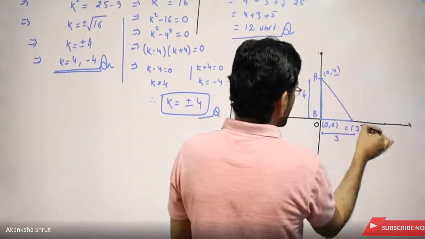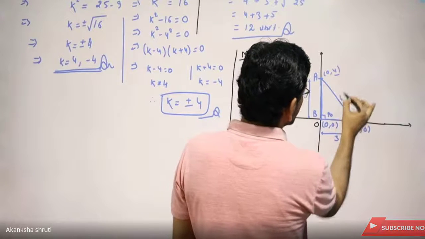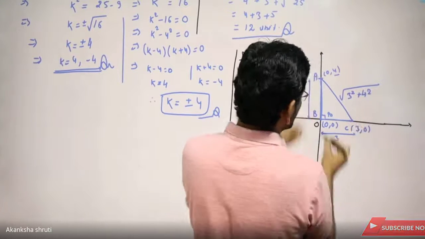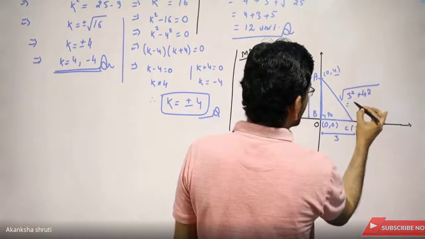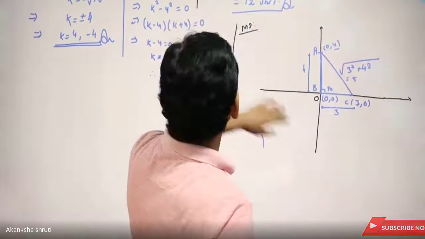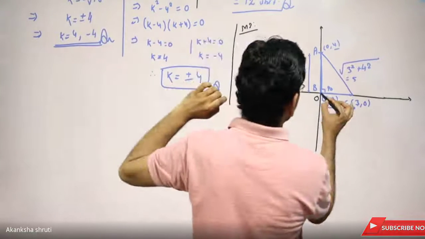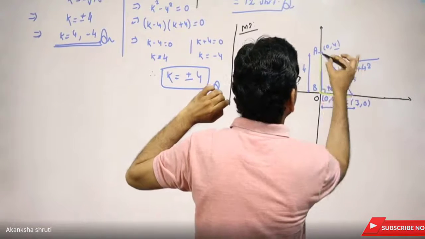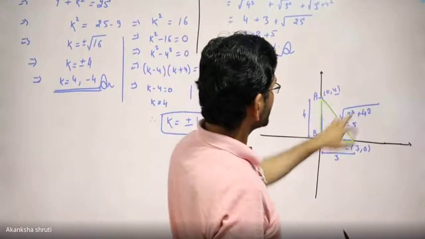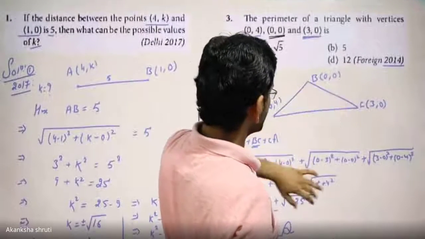Students, the AC can be determined because it is 90 degrees. So this can be determined as 3 square plus 4 square. These are the two sides of the right angle triangle. This value is 5 units. So just by plotting it, it appears quite convenient. That's why we have plotted and determined these side lengths just by plotting. If these coordinate points are not convenient, one is here, another here, another here, then we shall use the general method. This is the most general method.